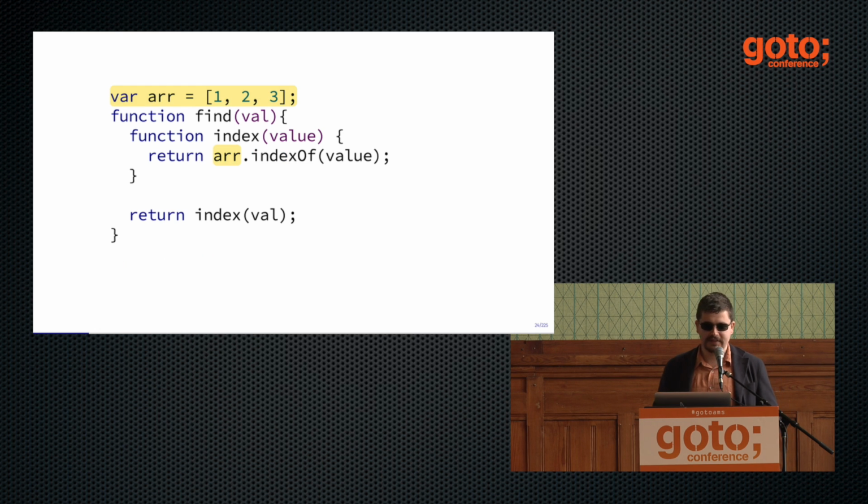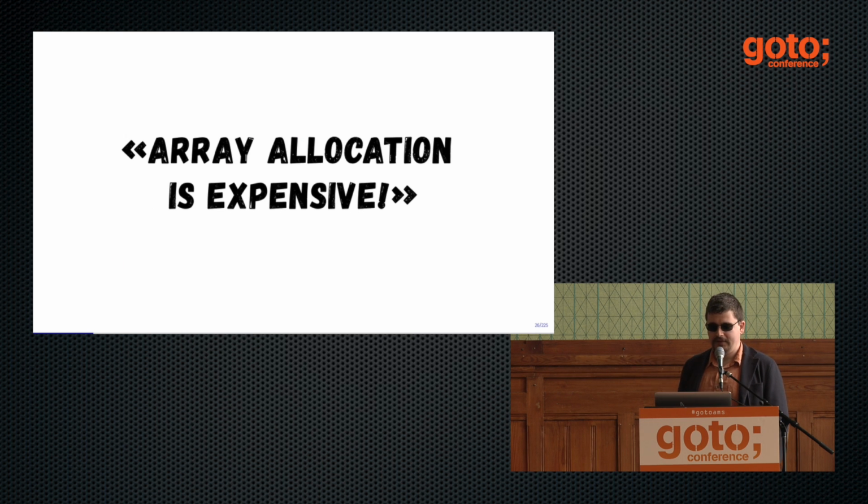And then they tried to do this. They said, okay, what about if we cache this array outside of the find function? Oh, actually outside of the index and outside of the find function. And how much does it improve performance? And it does improve performance. Now you can call it 14,000 times per millisecond, which kind of makes sense. You don't allocate array every time you call the index or find. And then they wrote in this post that, oh, that means array allocation is expensive.